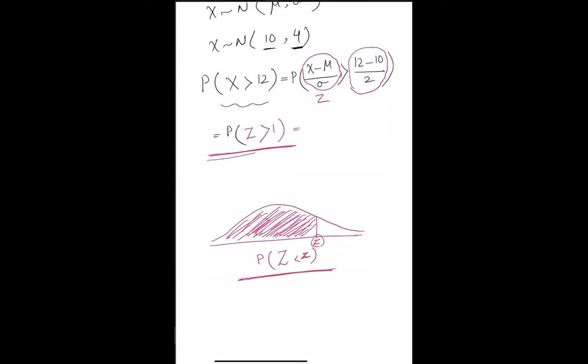However, what I need here is the probability of Z greater than something. If I had asked you the probability of Z less than 1, you would go to the table, find Z equal to 1, and give me the probability. However, what I want from you here is the probability of Z greater than 1. How can you give me that probability? One minus the value less than. Exactly. That equals 1 minus the probability of Z less than 1, and I'm going to get this from the table. Can you give me this probability from the table?